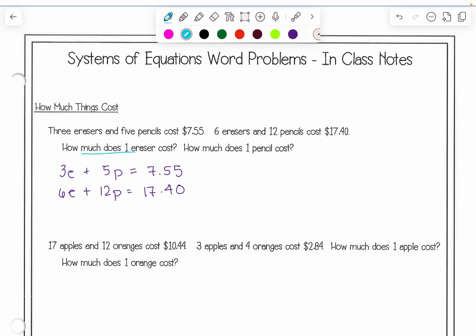How much does 1 eraser cost? How much does 1 pencil cost? I'm going to use the elimination method. I can easily eliminate my e variable, erasers, by simply multiplying my top equation by a -2. So when I multiply my top equation by a -2, make sure you take care and distribute that -2 to each term in that equation, both sides of the equation. I get a -6e minus 10p is equal to a negative